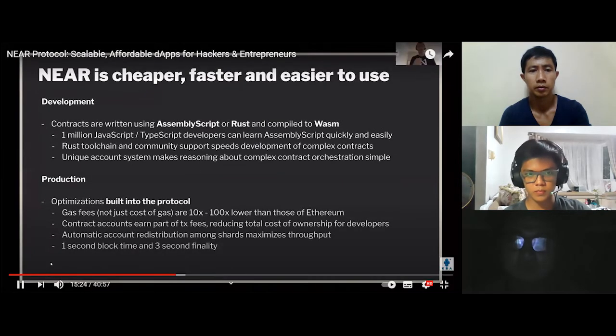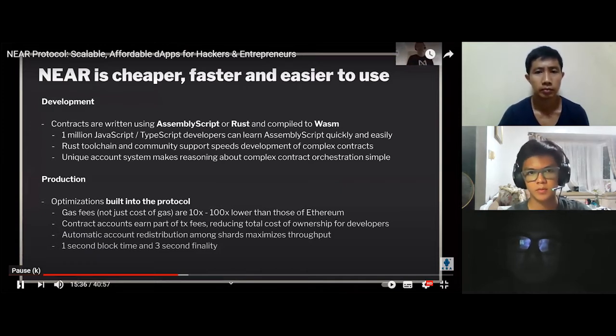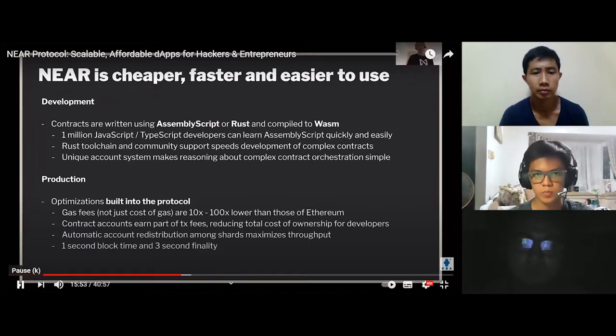And so if you're talking about high prices for transaction fees, if you've been doing any kind of trading over the last several months, DeFi story, that whole scene, you've probably noticed that the fees are actually quite high. And those are 10x, 100x, thousands x lower on Near, depending on the kinds of transactions that you're conducting. And of course, it's very snappy, very fast, 1 second block time with 3 second finality. So very, very quickly, you'll see that your applications respond quickly, that you have a better user experience, and they're less expensive for you to use.